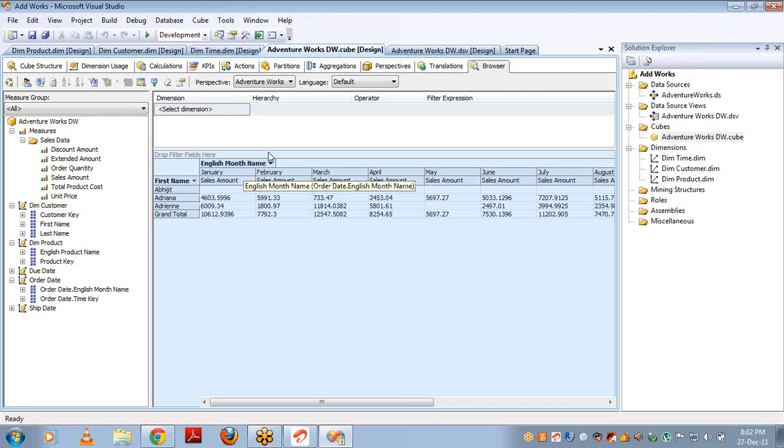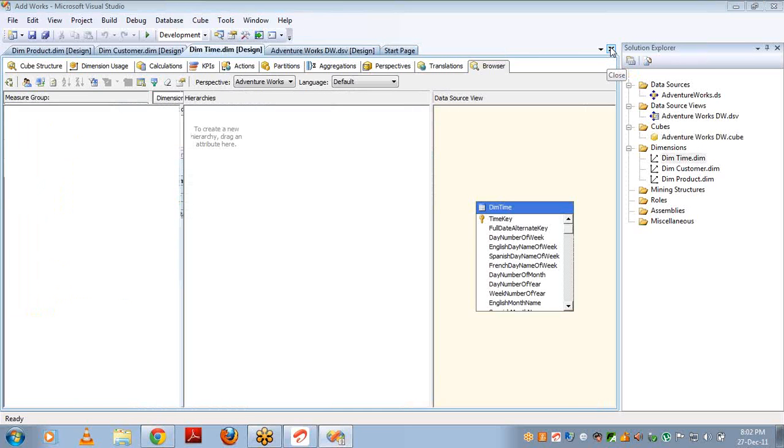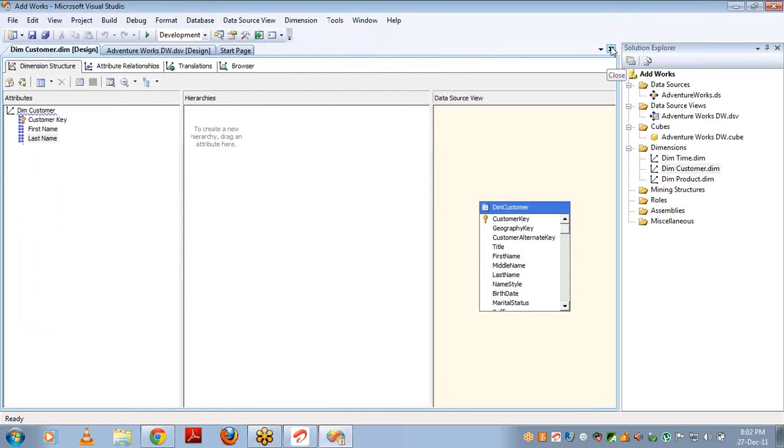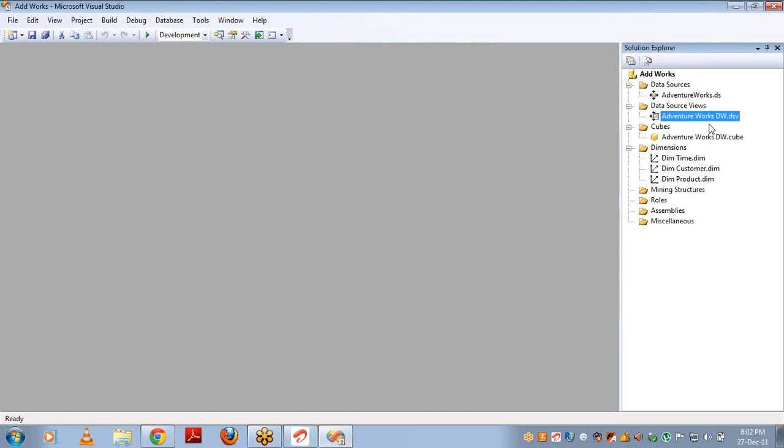Okay. Now I define a way how we can create a cube, and this is not the best way of defining the cube. Let me tell you the best way of designing the cube. I'm deleting this, and I don't want these dimensions. Whenever you're gonna design your cube, first set the requirements clearly. What are all the things that you want as your measures, and what are all the things that are required as your attributes,